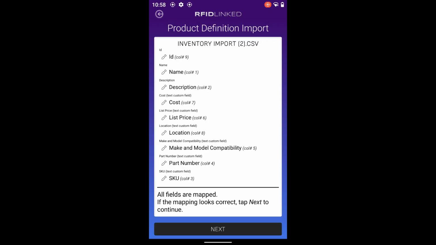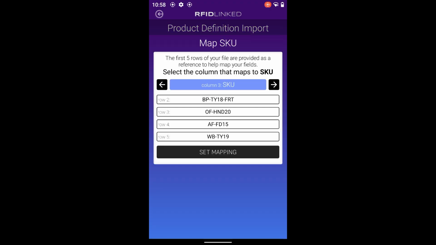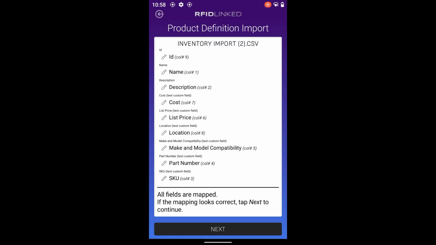And important to note, this ID field at the top, when you do import your list of inventory, you will need to have a column in that CSV spreadsheet titled ID in this exact form, and you just leave that field blank. That step is important for RFID-linked to be able to build the database internally for the RFID support. So once you've imported the CSV file and you've made sure everything matches up correctly, see our SKU field, we'll just hit next,